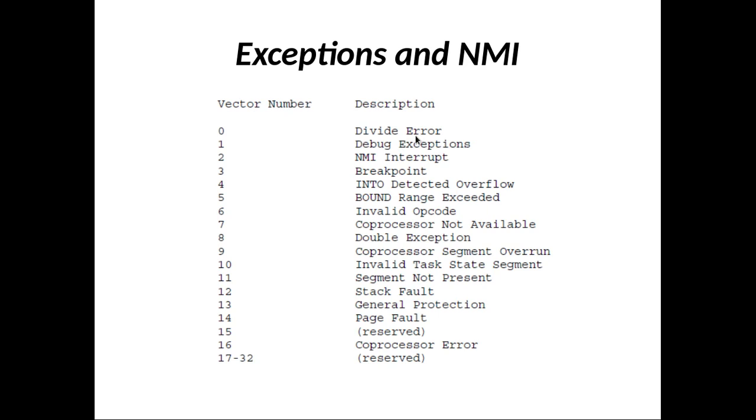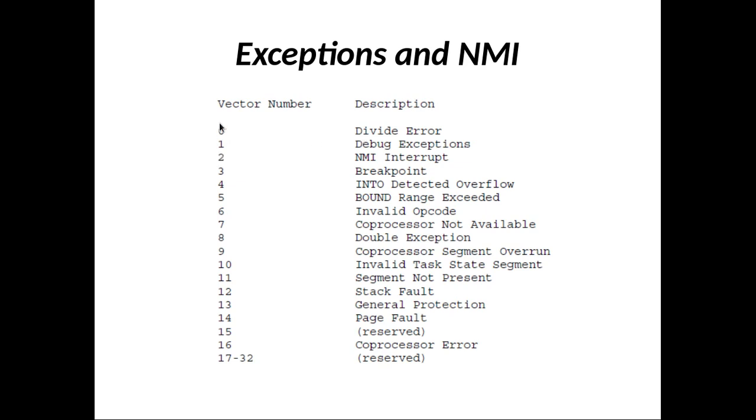Already I explained you what is meant by divide by zero error. Okay, if your program contains some instruction that is trying to divide some number by zero, then 80386 will consider it as a exception. And what is the name of that exception? Divide error. So which is the vector number, or which is number assigned to this divide error? It is 0. Okay, so if I say that it is type 0 interrupt, so which is type 0 interrupt? So type 0 means divide error.